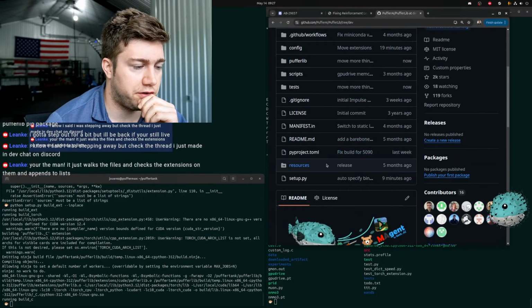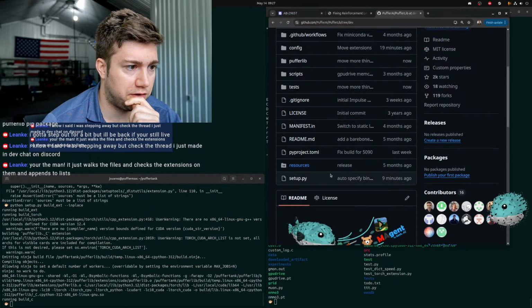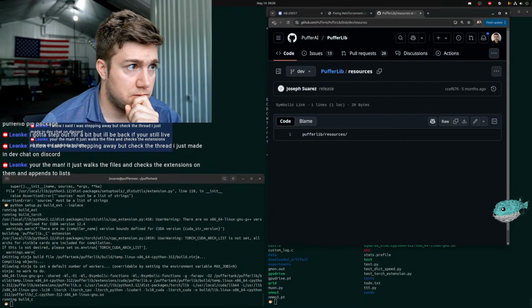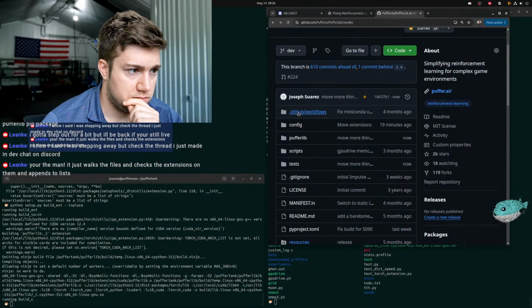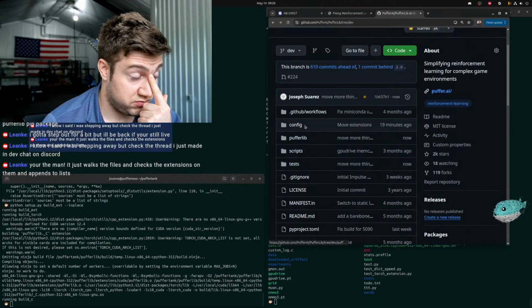Okay, so now we just have setup.py, pommel, license. Yeah, now we just have the standard stuff. And now we have config, PufferLib, scripts, and test. Now,